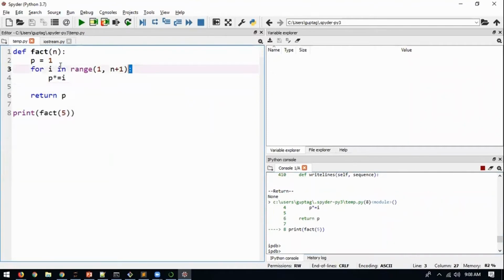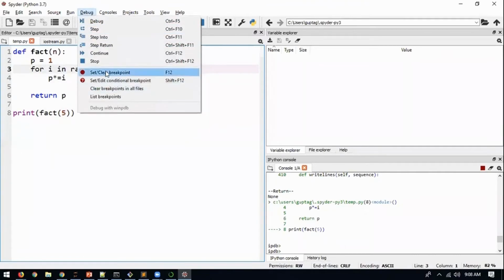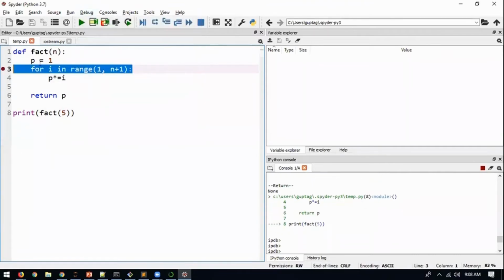There's something called a breakpoint also. I know how to do it from the command line. In this also there should be set or clear breakpoint. Set or clear means, when this code starts running, I don't want to reach this line step by step. I just want my code to continue, and once it reaches this step, stop, so that after that I can debug. That's called a breakpoint.